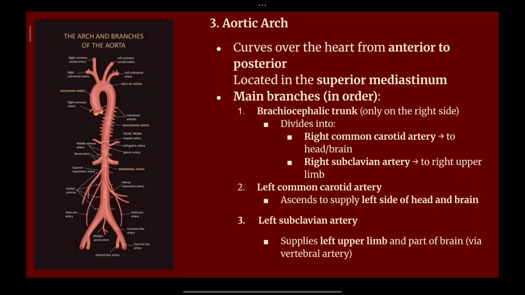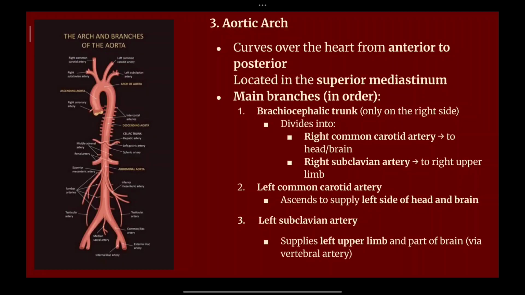So the heart is in the lower mediastinum. In the central region are the right and left atrium that you can see, and in the superior mediastinum you can observe the aortic arch. Mediastinum is a region between the two lungs, so the position between the two lungs is the mediastinum. Now the main branches of the aortic arch are the brachiocephalic trunk, the left common carotid artery, and the left subclavian artery.